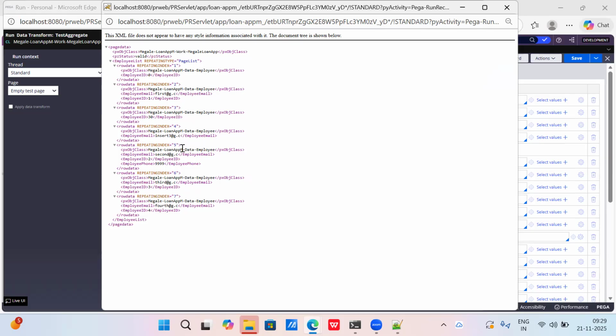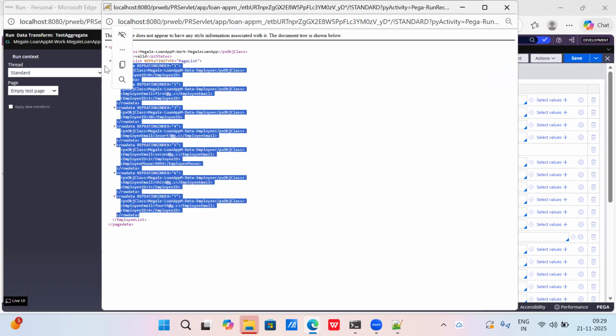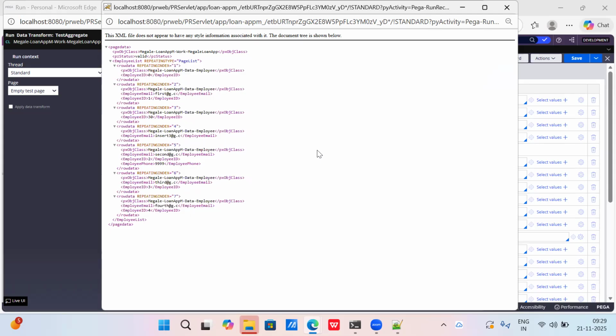So there comes a question saying that I have a page list which contains 7 records, which means that I am having 7 results. Whenever an employee ID value is 2, I need to get that index, that is 5, and I need to store that to some property.